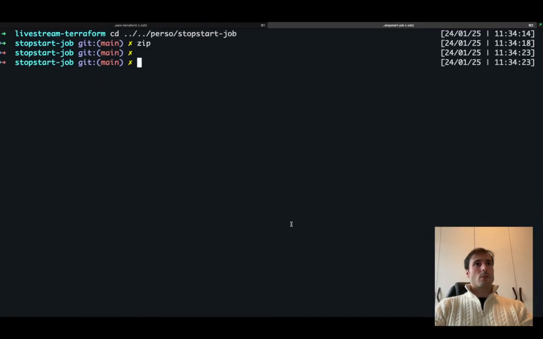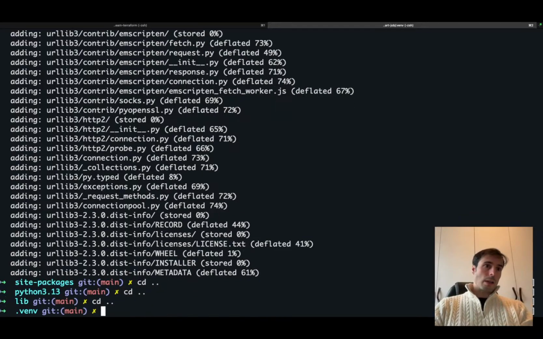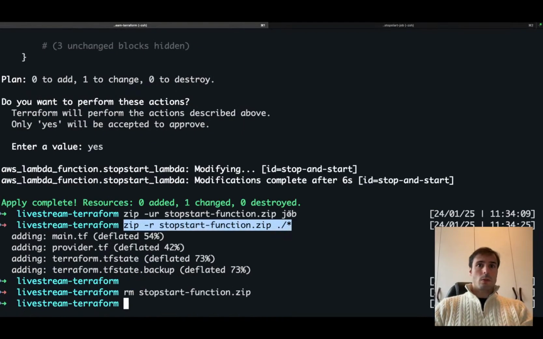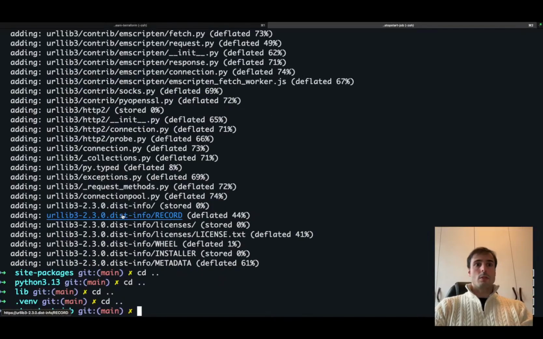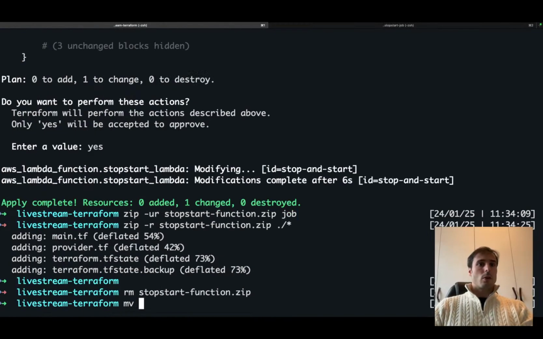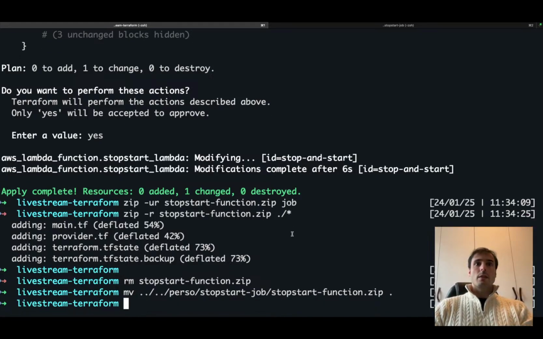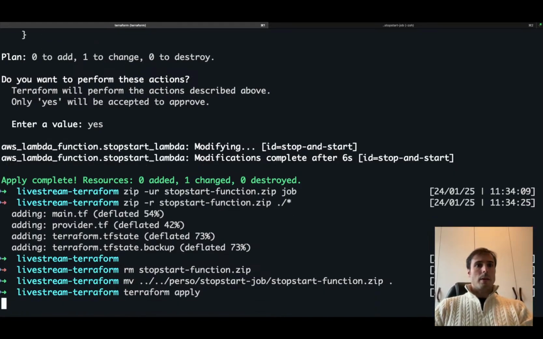this first zip function, which is to run into my virtual environment. Lib Python site packages. Go back, and this one to update with the job folder. And now I come here, move from a personal folder to here. That's it. And if I come to apply,